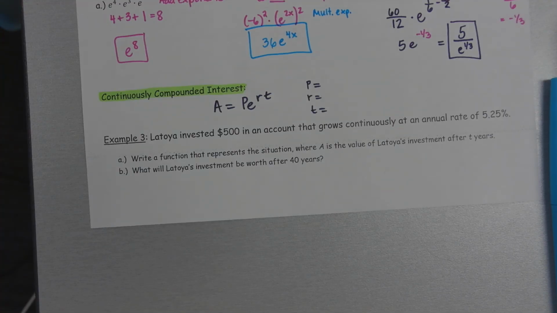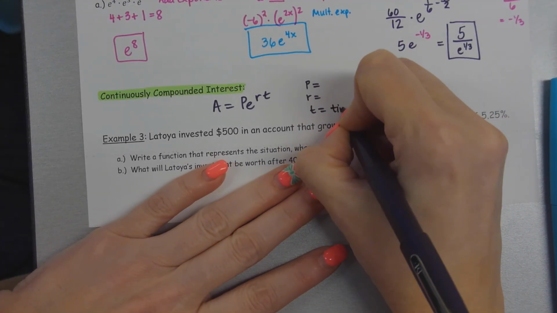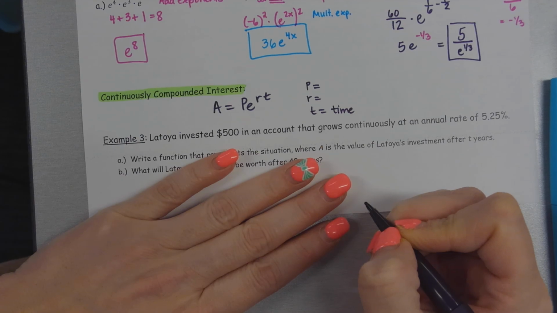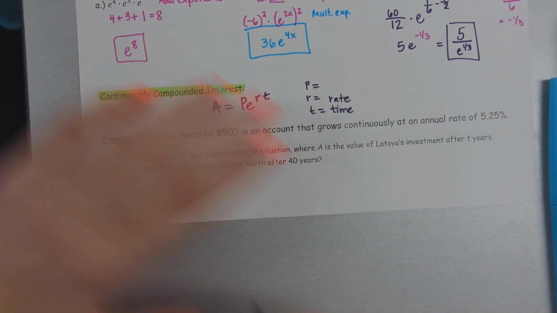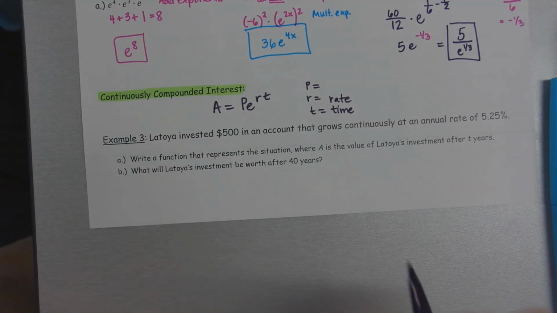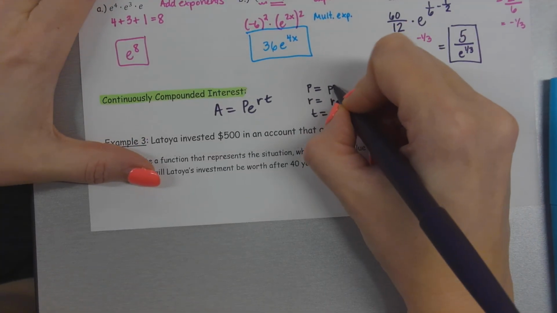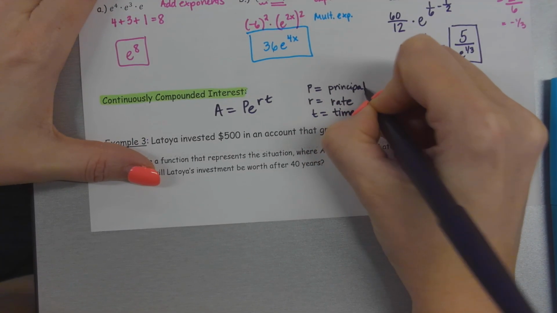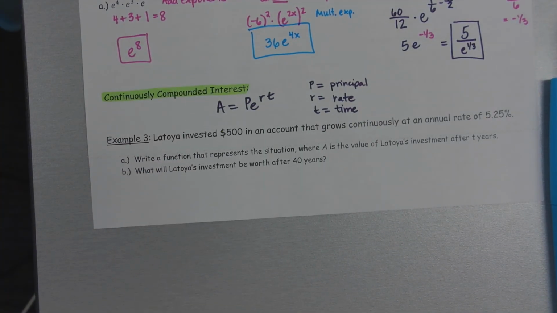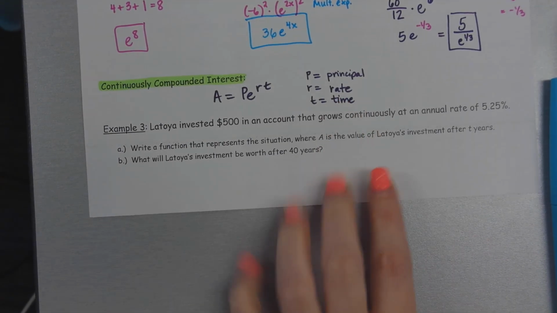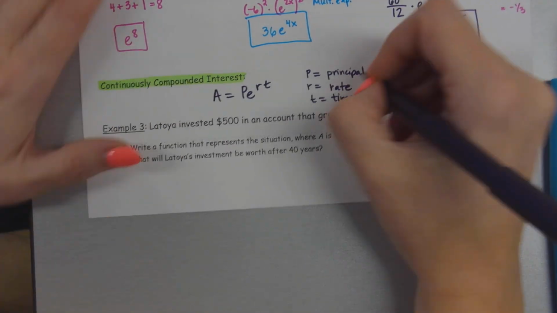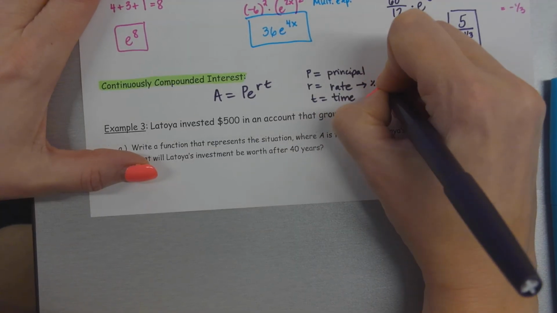All right, Alina, what's that T mean? Ian, what's that R mean? Great. Elijah, what's that P mean? But why is it P? Okay, so the principal amount is your initial amount, and when you're dealing with money, they just call it the principal amount. Okay, and just like before, when you're doing the rate, it's going to be written as a decimal. Okay, so your rate is a percent as